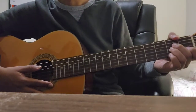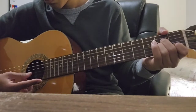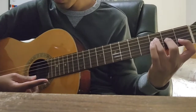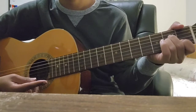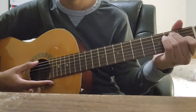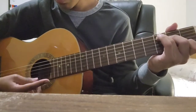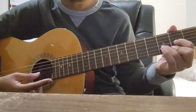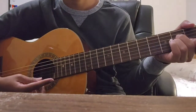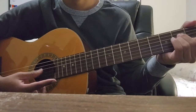Alright, then the song is going to move into the start of its first verse. All the same chords, it's just going to be in a different order. It's going to start with the A minor, to the C, then to the E twice. Back to the A minor, to the C, to the D, to the F, to the A minor, to the E, to the A minor, to the C,